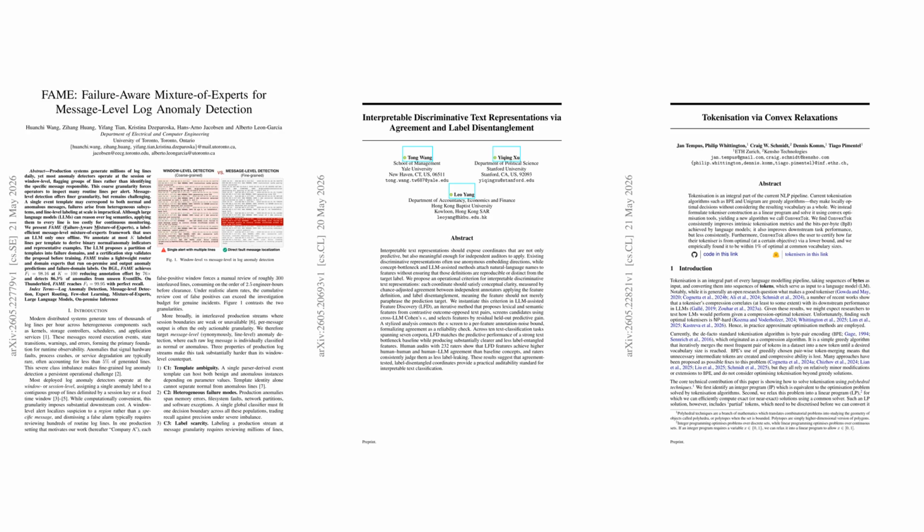From anomaly detection that routes log messages through failure-aware experts, to interpretable text features that can actually be audited, to tokenizers designed by convex optimization rather than heuristic merges, today's papers all ask the same question in different ways. How can AI become more accurate, more efficient, and more trustworthy at the same time? In this episode, we dive into methods that slash labeling costs, sharpen explanations, and even certify how close a tokenizer